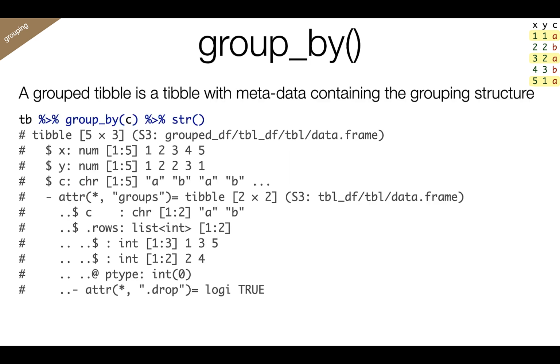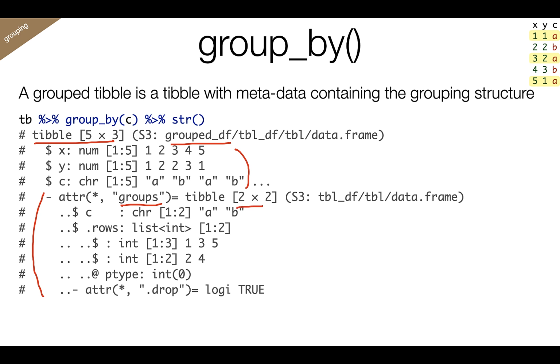Now, structurally speaking, what group by does is it just adds some metadata to the input tibble that actually does the grouping for you. In other words, after we use group by, we still get a tibble back, but it's of class grouped_df, so it's a grouped tibble data frame. The columns are actually the same. Those have not changed. But notice now that we have this attribute on it called groups,